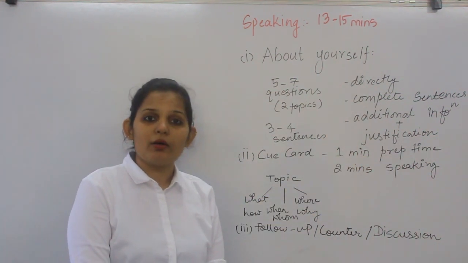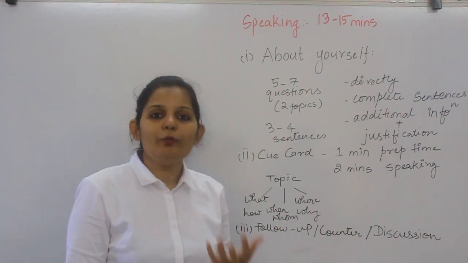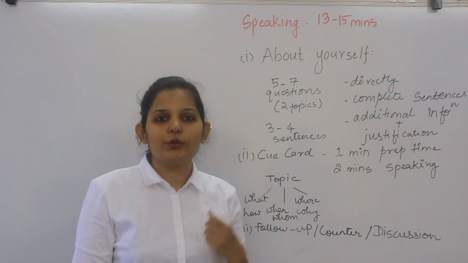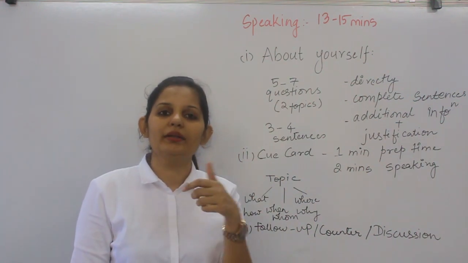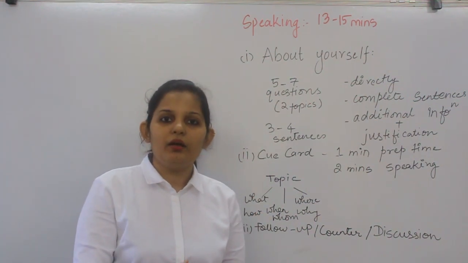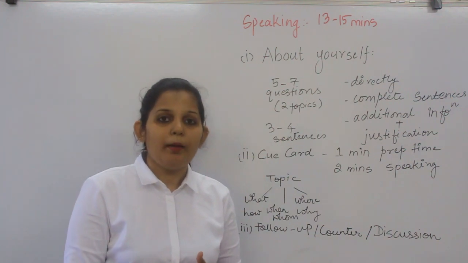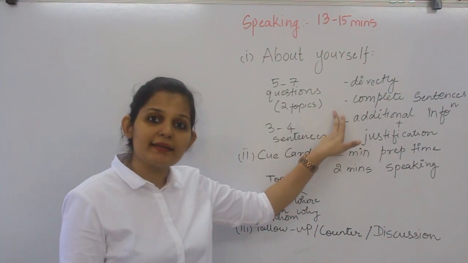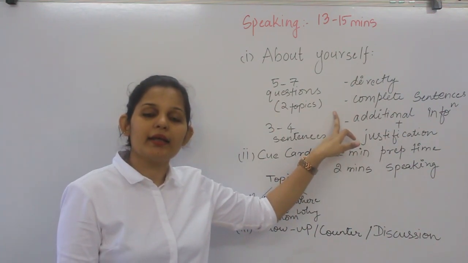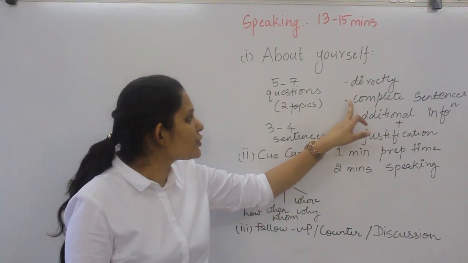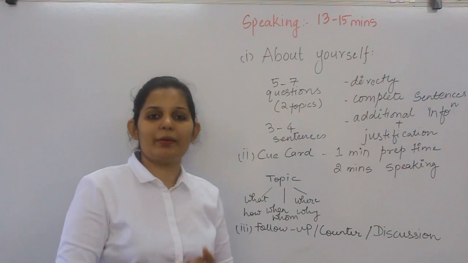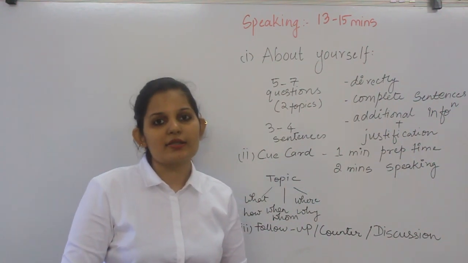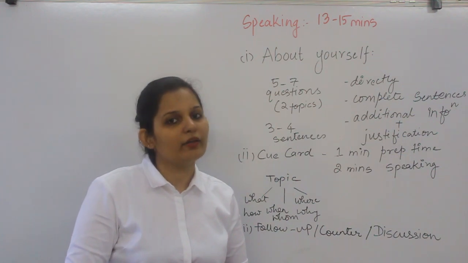Now, suppose the question asks, how many languages do you know? The students probably have the tendency to answer this question in words or numbers such as 3 or 4 or 5 languages. But the main point you are missing here is you need to give complete sentences in English because it is an English testing exam. So, in order to answer this question, you should say, I am competent in 3 languages. Those are Hindi, English and French.